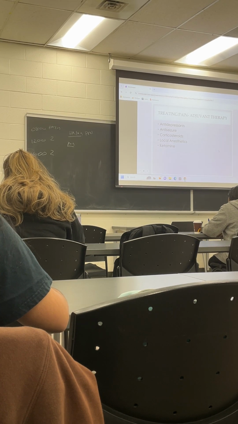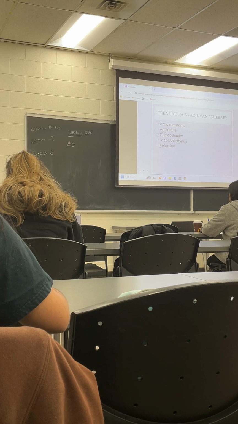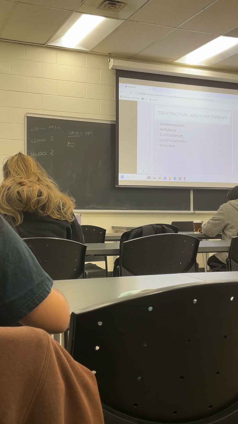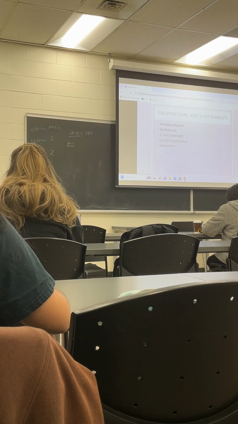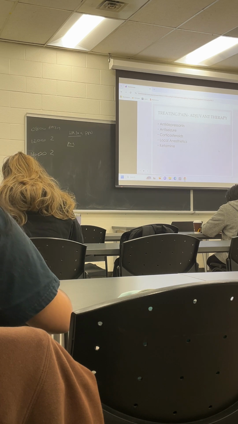Your big one here will always be gabapentin. We love giving gabapentin, especially for nerve pain. It is very effective. We give our corticosteroids. What are some examples of those? Dexamethasone, prednisone, and your Medrol. So all three of those will help with decreasing